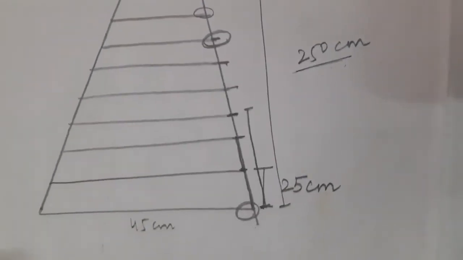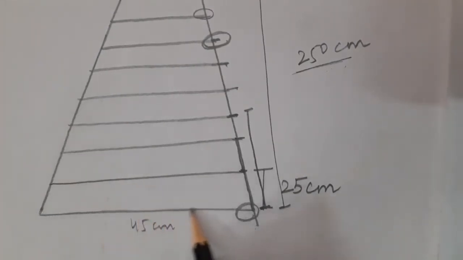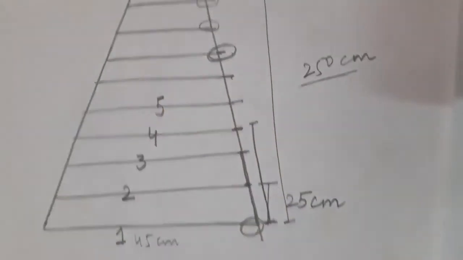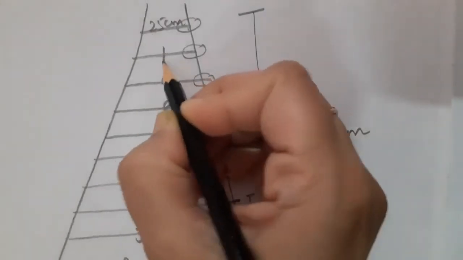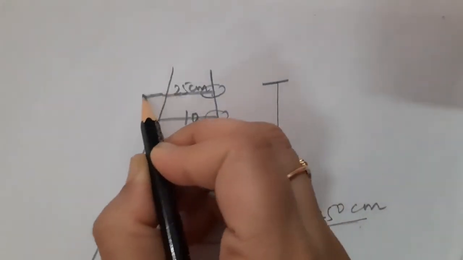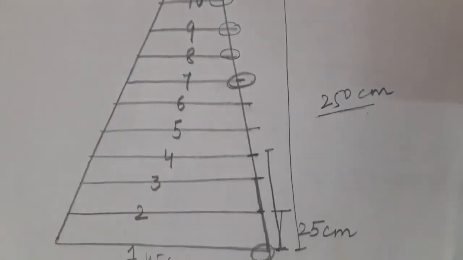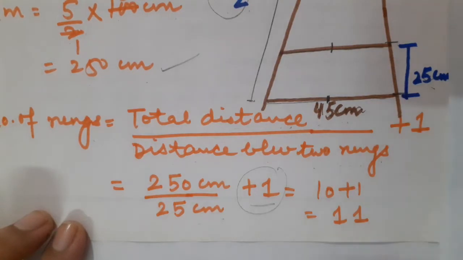Now basically I do not know how many rungs were drawn. Fine, so let us check it. This was the very first rung, rung number 1. This is 2. This is 3, 4, 5, 6, 7, 8, 9, 10. Of course, this rung was the 11th rung. Correct, students? So that's why 1 was added, so that we can come to know how many rungs were formed. As I have just explained, there were total 11 rungs formed.